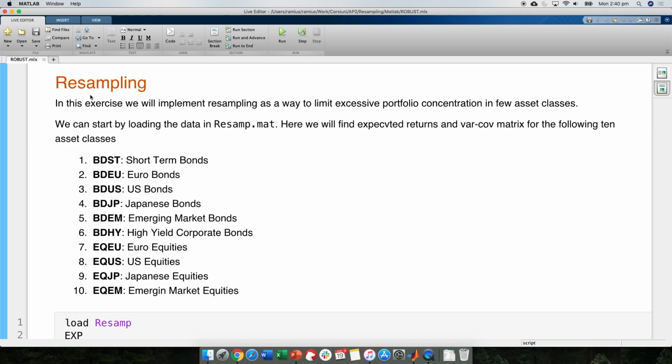So what we're going to do is, to see how resampling works, we're going to run it once, and then we're going to create a function that we're going to call resampling, that basically does a resampling for us. Okay, so we don't need to worry anymore, and we will just call that function, and with one line we're going to run resampling. Okay, so if you open robust.mlx, by the way, before we start,